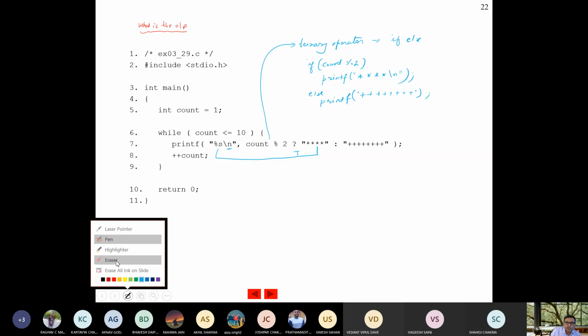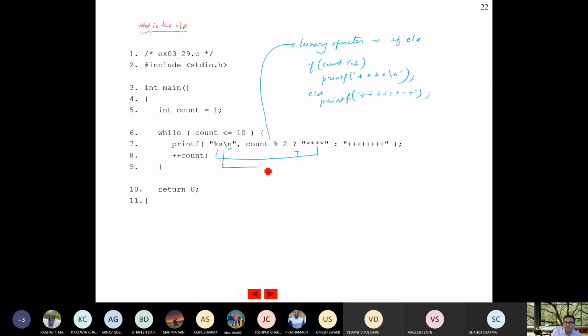If the condition is false, then it will be substituted by this, 8 times plus. Now, this statement looks sometimes incomplete, but it is not like that. It simply means this statement is equivalent to one more statement: if count mod 2 equals 1. What does this 1 show? This shows true. And if it is false, then it will automatically